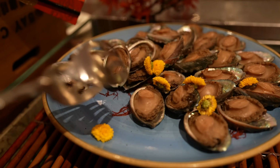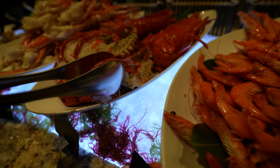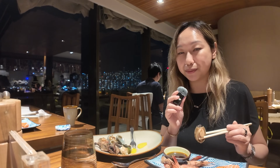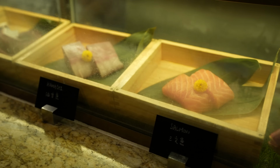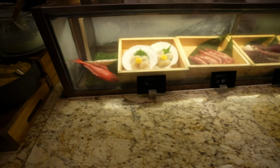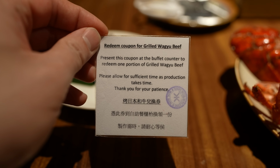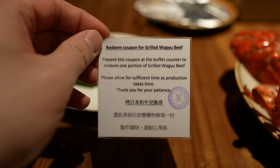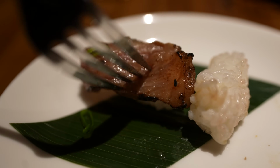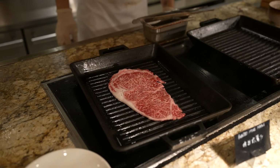My favorite from the batch is going to be the abalone. Lobster is okay, maybe slightly overcooked, but I think if you put some sauce on it, it's not bad. The sashimi highlights are going to be the sweet shrimp and the scallops. You also do get a coupon for grilled Wagyu beef, so it's one per person. And I'm gonna finish off round one, where I did some sushi, and I will let you know how the